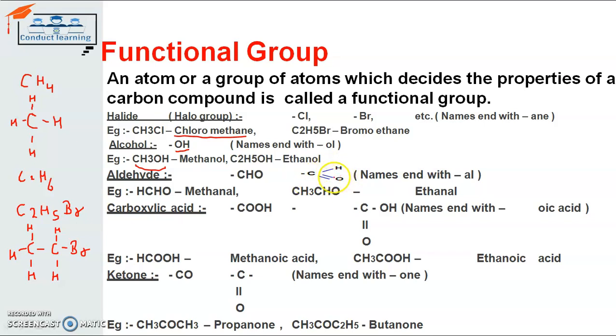But the oxygen here has the atomic number 8 and the configuration 2,6. As we well know, the atomic number of oxygen is 8 and the electronic configuration is 2 and 6, with two shells, K and L, so 2 will be in the K shell and 6 will be in the L shell.